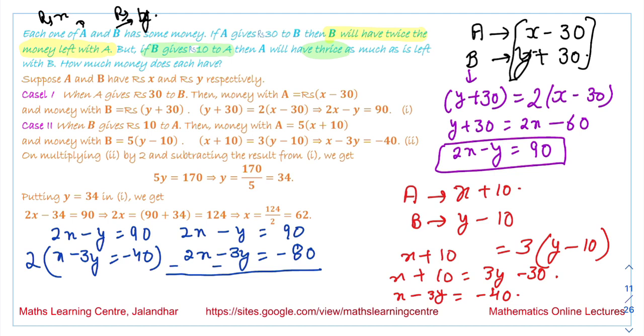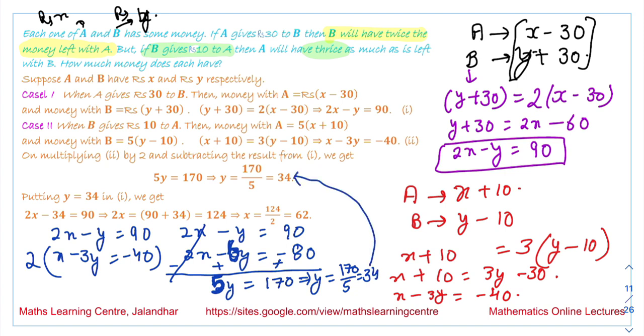We subtract these two equations. The answer we will get is 2y equals 170. It means y is equal to... this is 6 over here, not 3, this is 6 over here, and this value will become 5y. So the value of y that we will have is 170 over 5, that is equal to